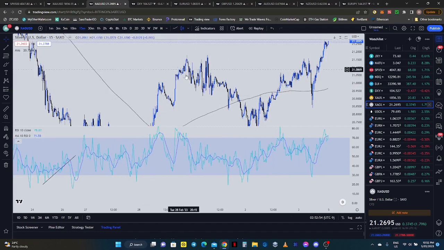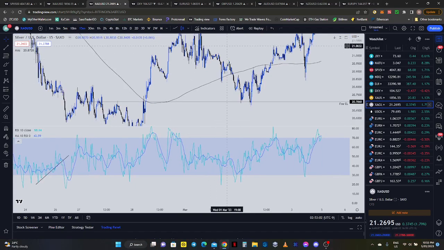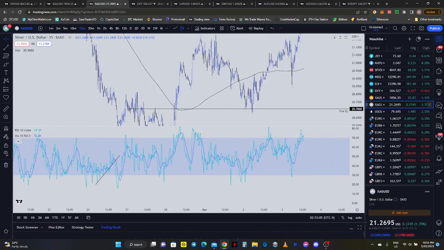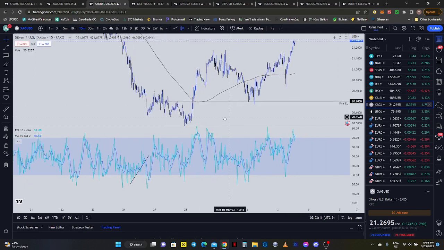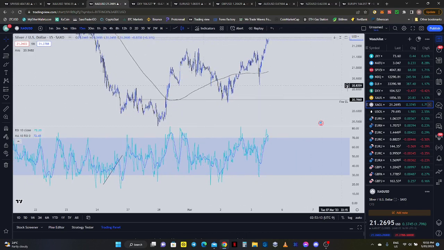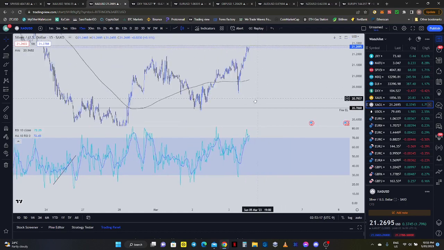We had that pump up. I didn't catch that long. That was during Asia, so I don't trade Asia. Sold through here, rode that short down, and you see where it landed on that former EL. So it's retested that former EL expansion line. Market tends to do that a lot. It's one of the things you see me put up all the time, and so that is a good sign